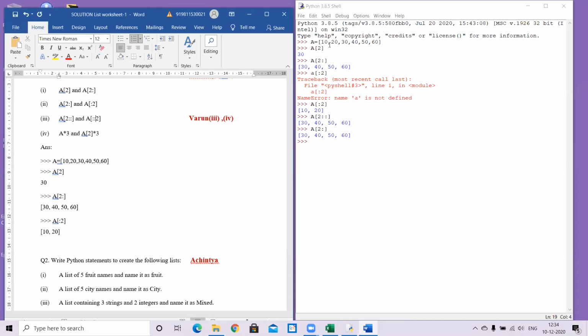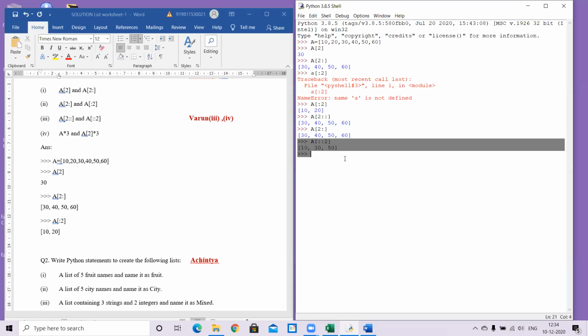So leave 1 and display the rest. What do I get as my output? First 10, then element 30, then 50, and then it stops because I don't have a next element after leaving one gap. So it will be only 10, 30, 50. Let's check it out: A square brackets colon colon 2. 10, 30, and 50.